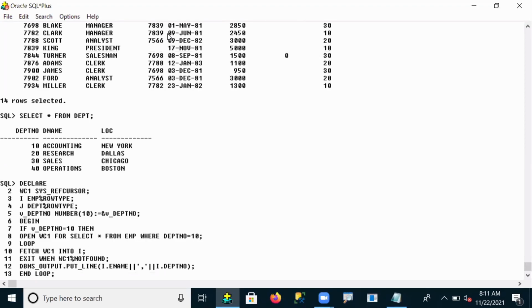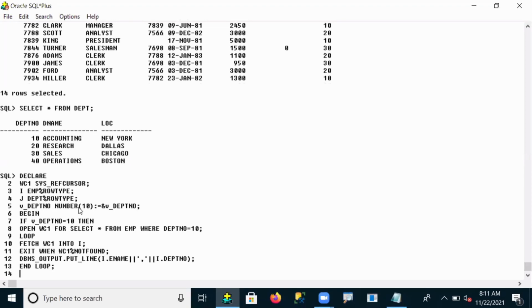I already explained the simple loop and how it works. The same procedure applies here too, there are no changes. After ending your loop, if the condition, suppose the user also enters department number equal to 10, then 10 and 10 are matching.